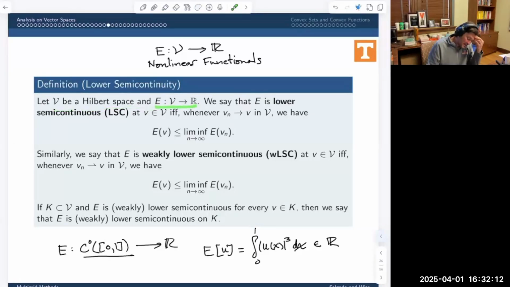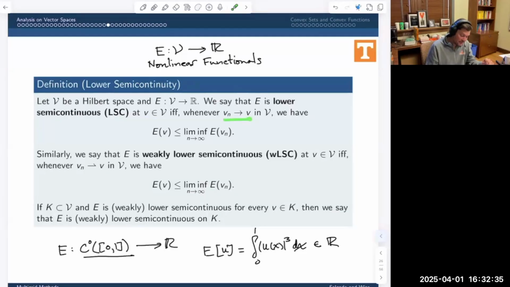Suppose that E is a nonlinear functional. Well, it's just a functional; it could be linear, but it's most likely going to be nonlinear. We say that E is lower semi-continuous, LSC, if and only if at V, whenever